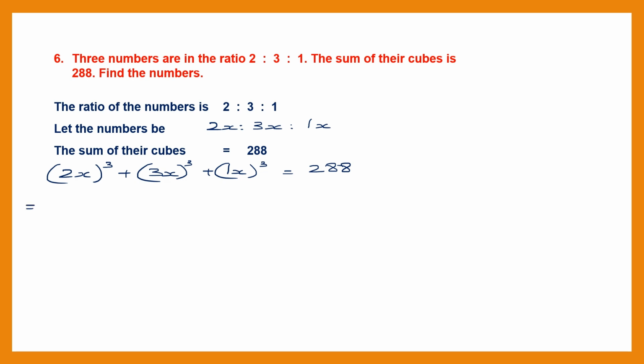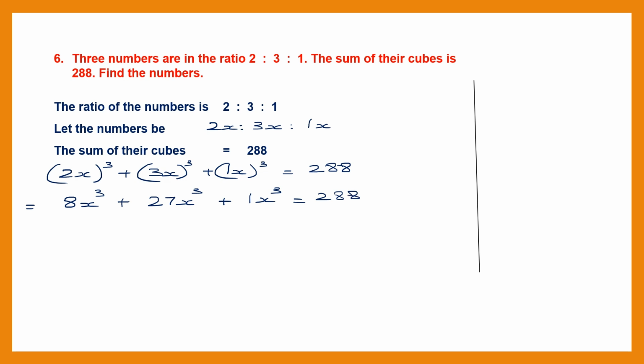So now (2x)^3 means 2 cubed into x cubed. 2 cubed is 2 into 2 into 2, which is 8. And this will be 8x^3 plus 3 cubed, which is 3 threes are 9, 9 threes are 27, 27x^3 plus 1 cubed is 1 into 1 into 1, which is still 1, 1x^3 is equal to